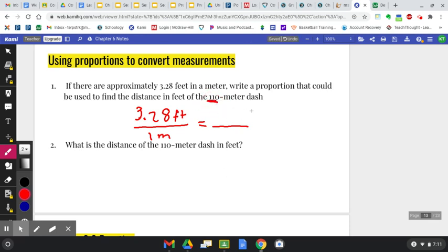So it says the rate of proportion can be used to find the distance in feet. So this is what we're trying to find is feet, right? So I don't know what that is, but I know it's a 110-meter dash. And I'm going to relate this to what we did in section 6.1, so you can see. And I know it's confusing because we did it where the meters were on top, and so the units canceled. But watch this. So if I were to multiply here, I would get x equals, and then if I cross multiplied